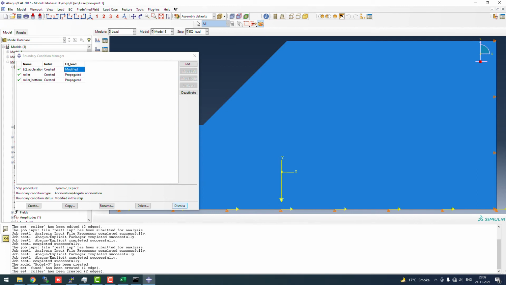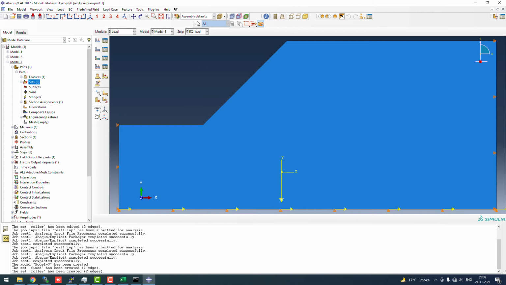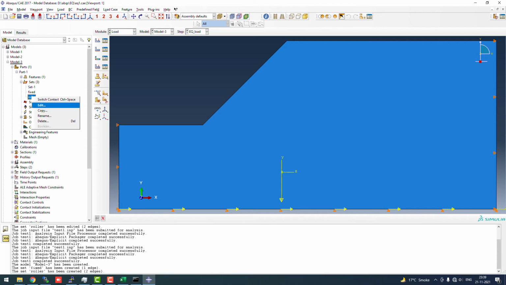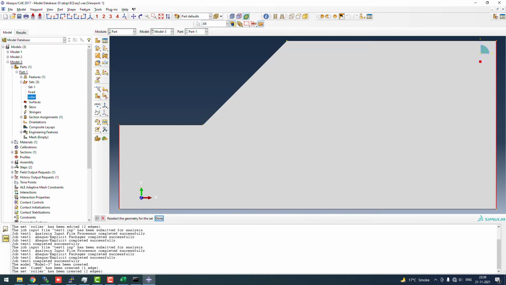Now we'll dismiss this, and the mistake which I was talking about is that when we go to the roller surface, we have to remove these bottom points, because these are coinciding with the fixed surface. So we just click on control and select this point. Now you can see that these are pink colored, and pink colored means that these are excluded from the roller boundary condition.